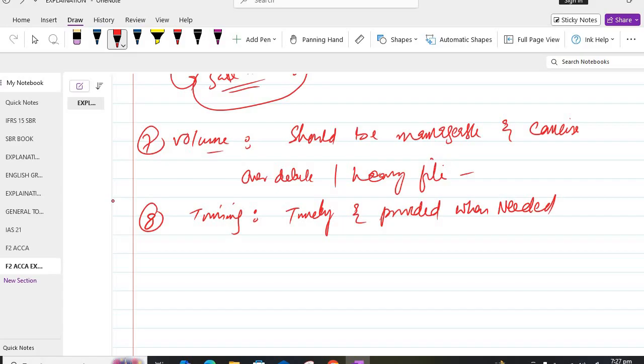And the last, maybe the ninth one, is channel of communication. By channel of communication, we mean that information is delivered through an appropriate medium. When you are providing information, you should use the appropriate medium or platform to deliver it, like a job opening posted on a recruitment site for wider reach. Let's say you want to recruit some people, then you have to advertise that job opening on the recruitment site,